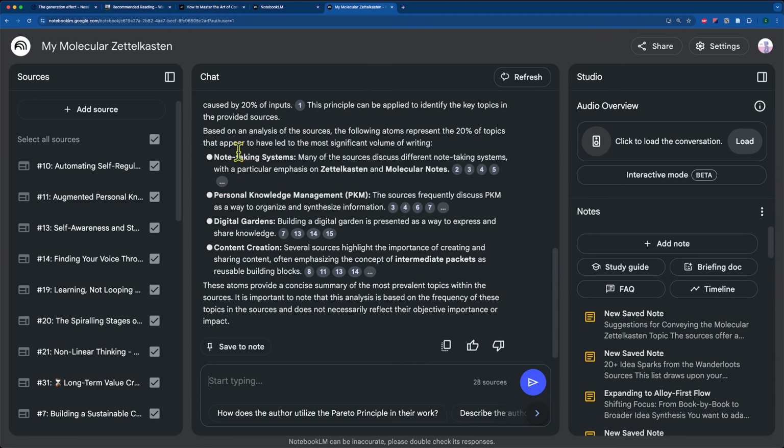So NotebookLM did a pretty good job summarizing the key atoms with note-taking systems, personal knowledge management, digital gardens, and content creation. I would say that these are the main concepts through my newsletters, and this is what you've been seeing in my YouTube videos because I use the newsletters to create a knowledge base that I've been drawing on to make these YouTube videos. So I would say that this checks out quite well with applying the Pareto principle